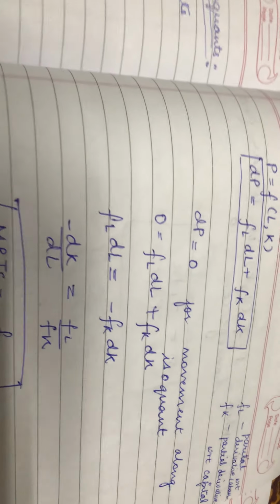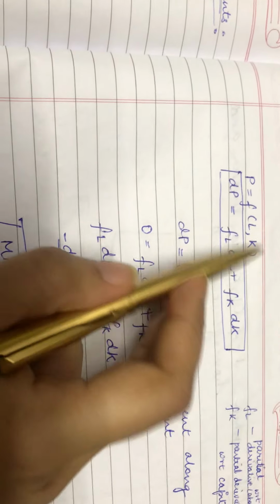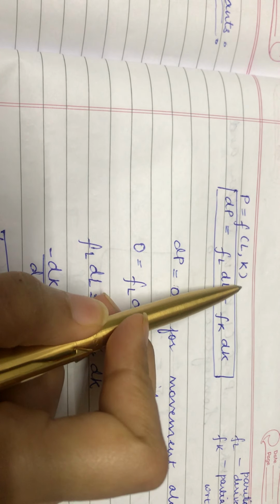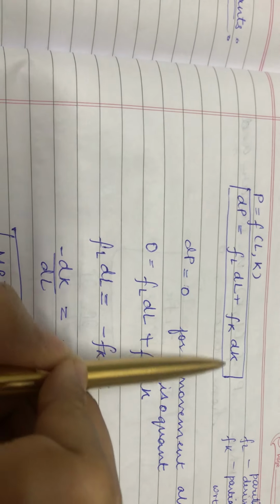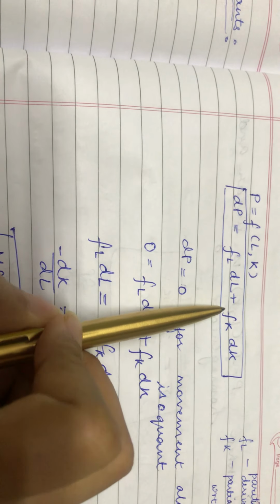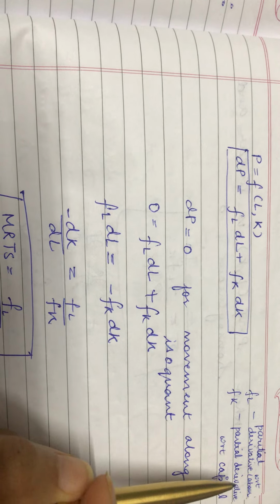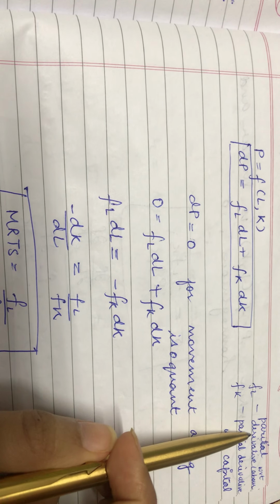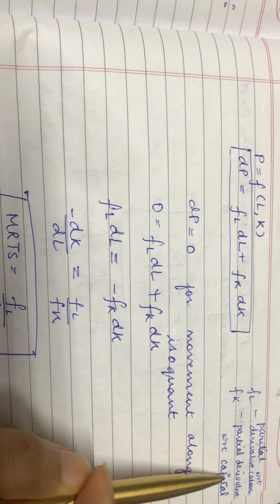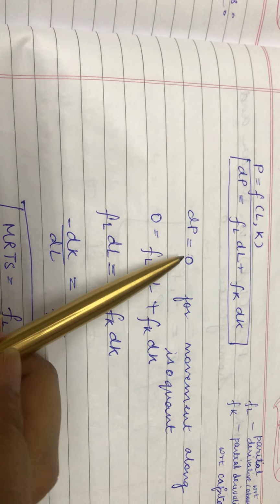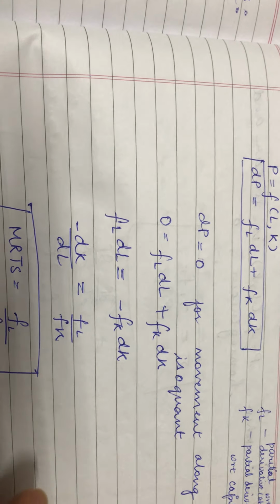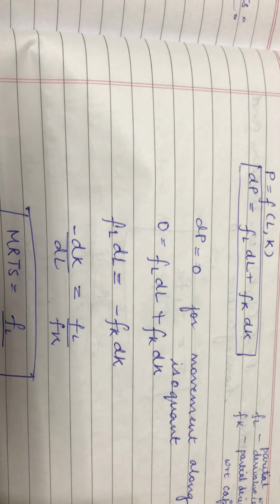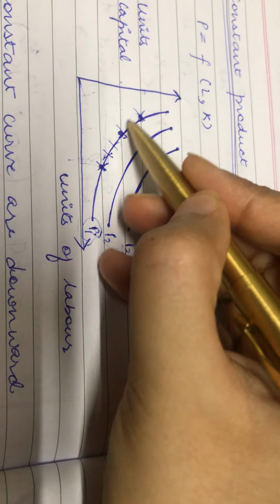So P equals, again, the production function is defined as a function of labor and capital. So dP is FL dL plus FK dK. This is from your total differential formula, right? Where FL is the partial derivative with respect to L and FK is the partial derivative with respect to capital. dP equals 0 for movement along the isoquant, because that is what we said, that they are indifferent while we are moving. ये जो है ना, यहाँ पे जब हम मूव कर रहे हैं तो वो कह रहा